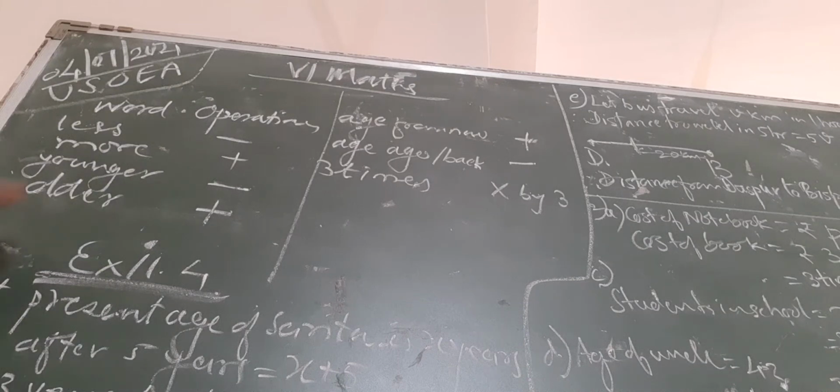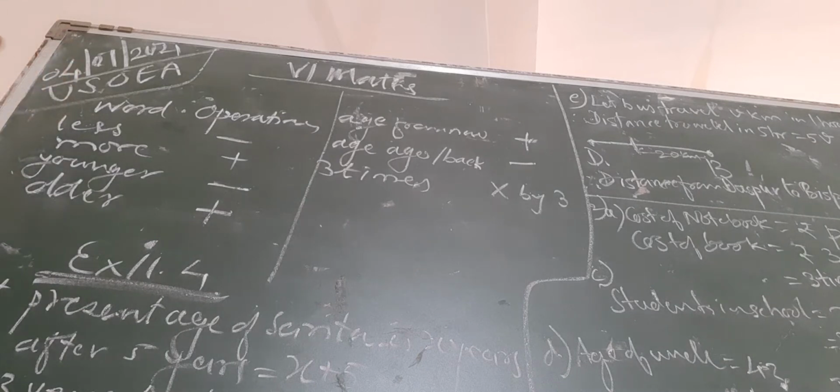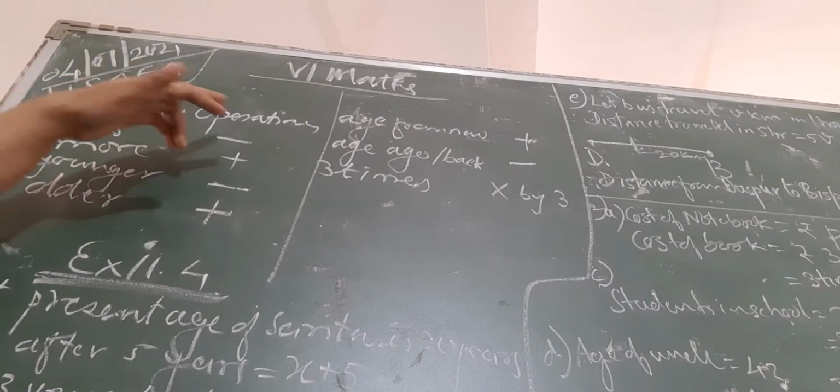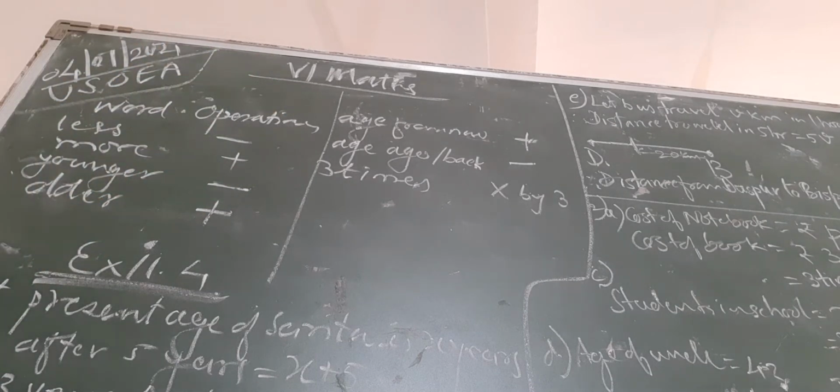Okay, dear student, yesterday we already saw what the use of a variable is, and how, using the variable, we can represent daily life situations. Now in the coming exercise we have to study how we can write down the mathematical expression for a daily life situation.